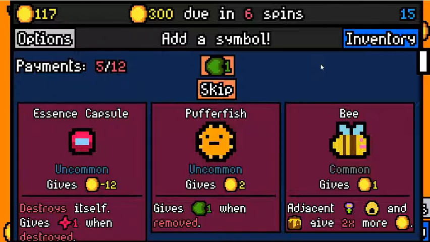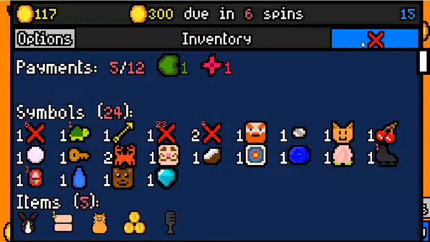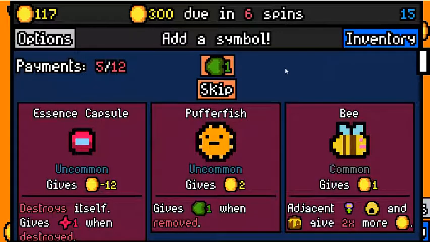Let's see. 600 minus 117. Wait, 300 minus 117 divided by 6. I saw the 6. Yeah, 31 every spin. I mean, golden arrow is good, but is it really that good? Essences are also just so important. I mean, if we survive, essence capsule is probably going to be extremely good for us, and it might actually